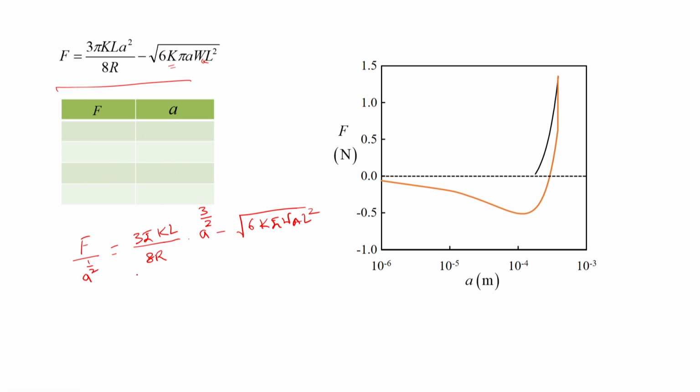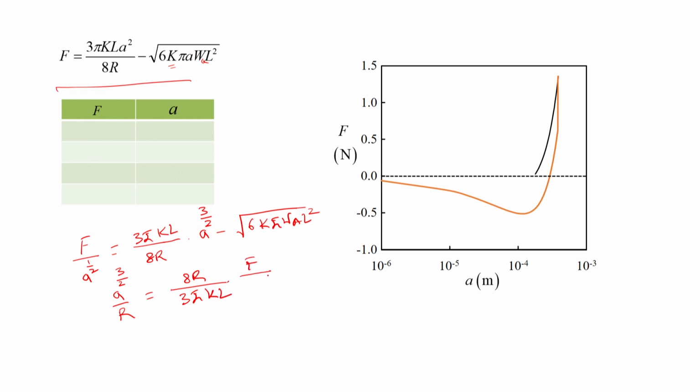So, let us write it like this, A to the power 3 by 2 by R, and that is equal to the left hand side, let us divide it like this, 8 R by 3 pi K L